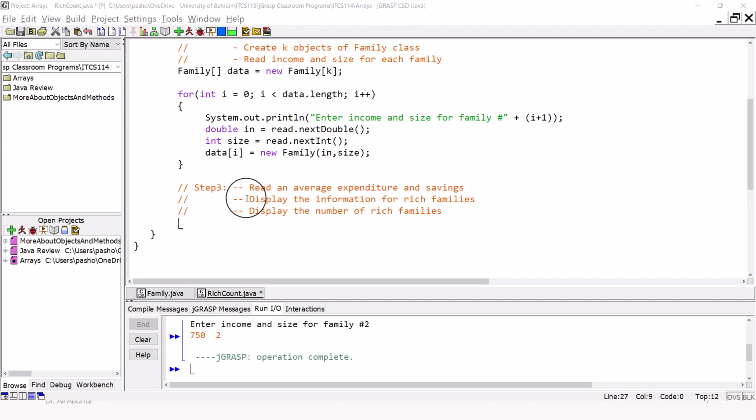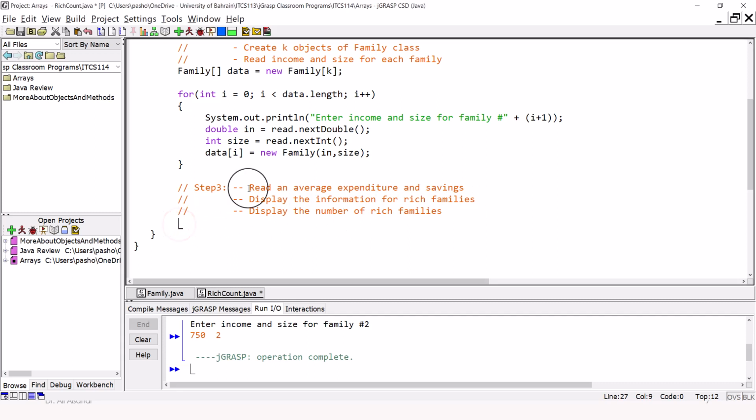To implement step 3, first we read an average expenditure and savings. Then we will display the information for each rich family. Then we will display how many of these families there are. Let us read the average expenditure and savings. So we display a message, System.out.println, and then here we say enter average expenditure